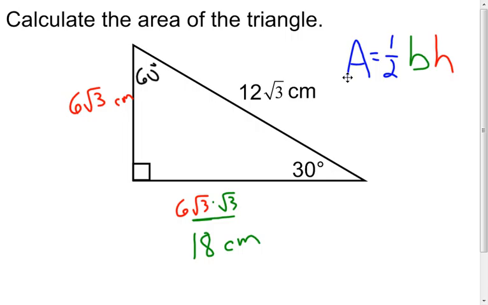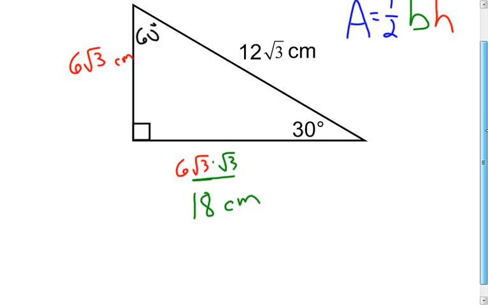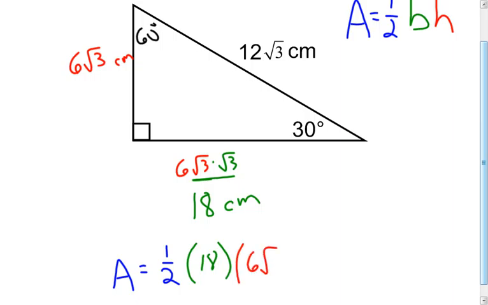Well, now I can take that information and I can plug it in. I can let this be the base, I can let this be the height, and I can find the area of my triangle to be 1/2 times the base times the height. If I multiply that all together,